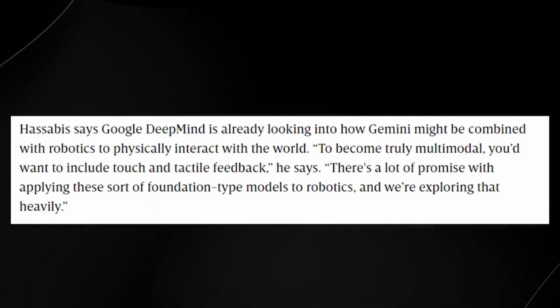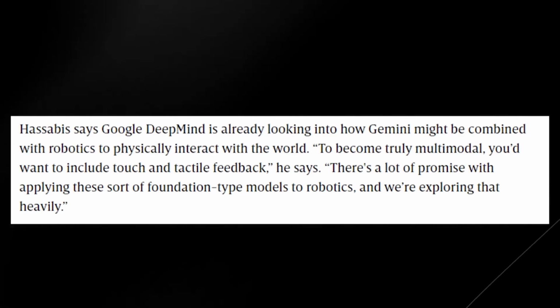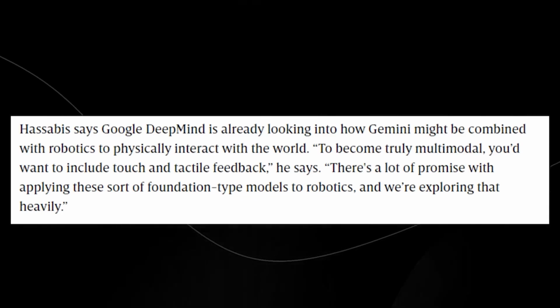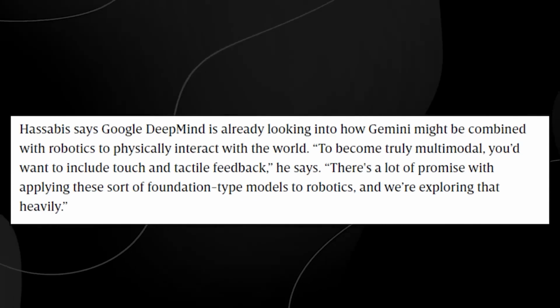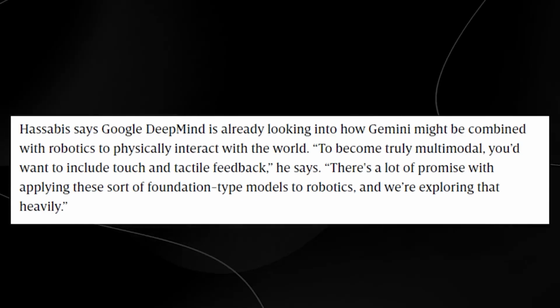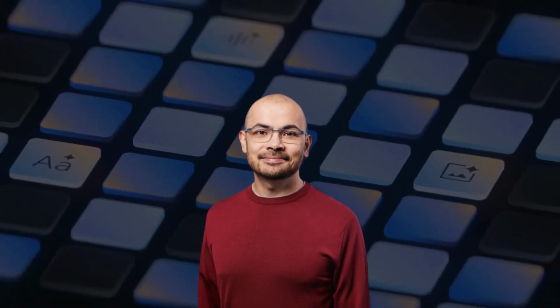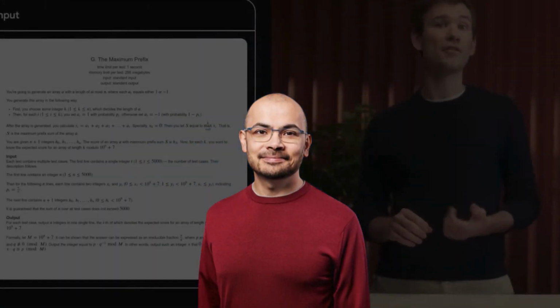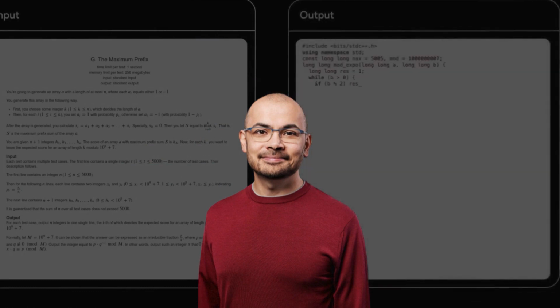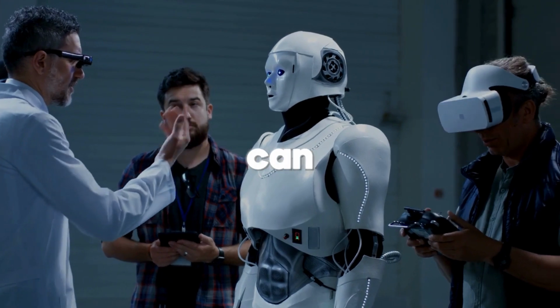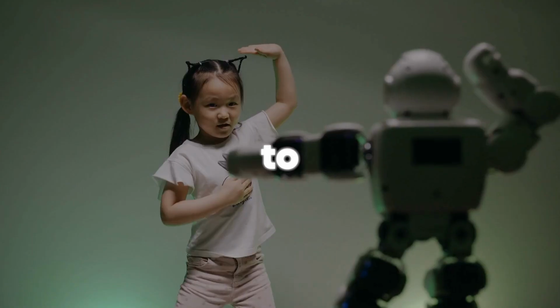Now here we need to take a look at what is next for Google Gemini, because apparently this is only the beginning. So Hassabis says Google DeepMind is already looking into how Gemini might be combined with robotics to physically interact with the world. According to Demis Hassabis, this is only the tip of the iceberg of what Google DeepMind has in store for the future. They're light years ahead and are already looking into how they can combine Gemini with robotics to physically